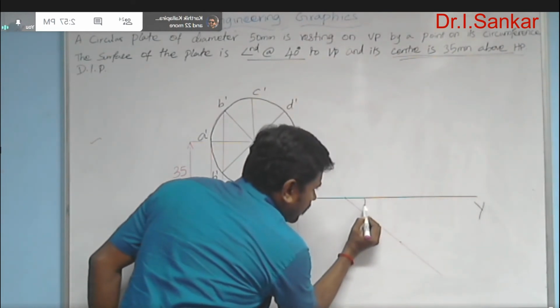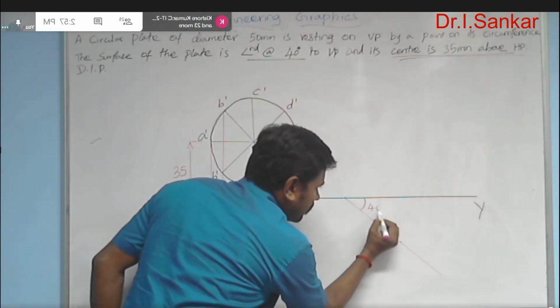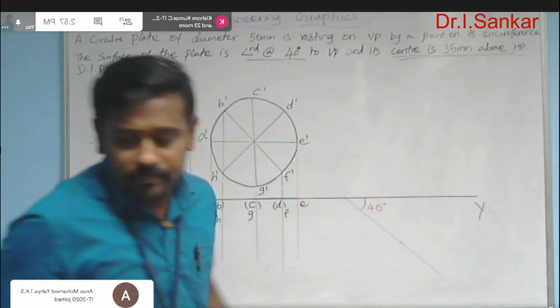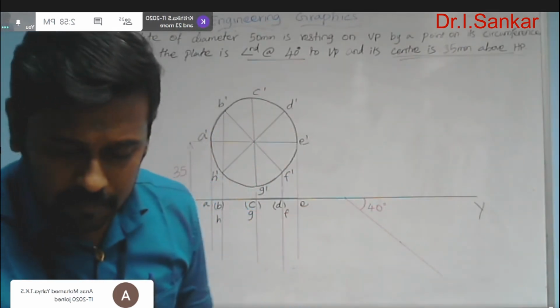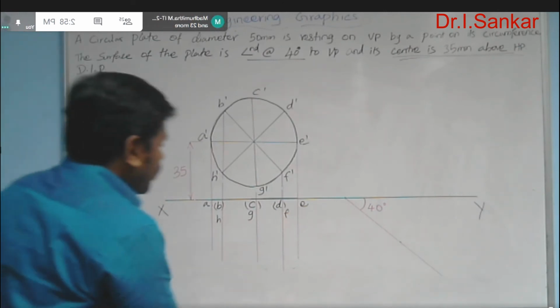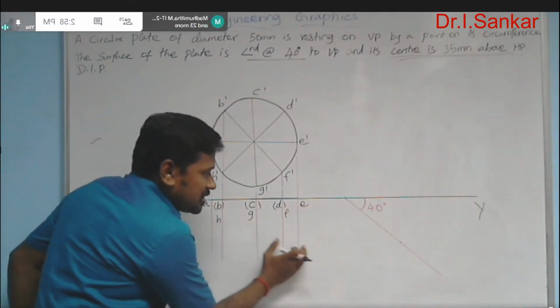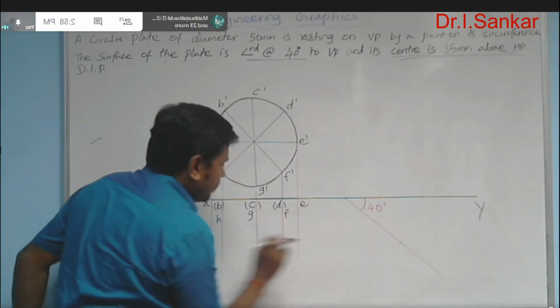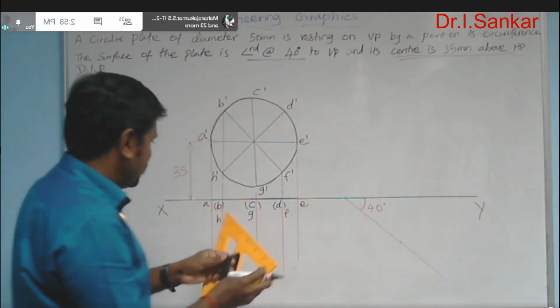This angle of inclination is 40 degrees, which is given in the question. And then you need to redraw this top view here, so measure its length.